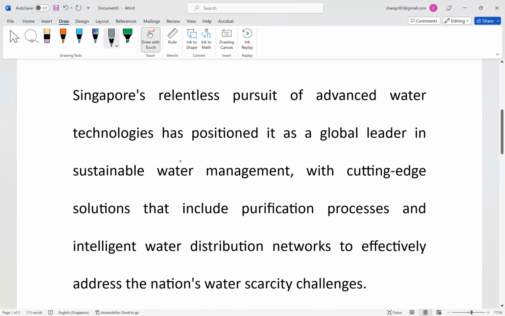So like what I said just now, you want to use your prepositions, conjunctions, and punctuation as markers, right? So let's do that first. Singapore's relentless pursuit. Oh, okay, sorry, let me change a pen here. Pursuit, that's where I'll put the first marker, and I'll label this as idea number 1. All right. Pursuit of advanced water technologies. Second idea right here. Has positioned it